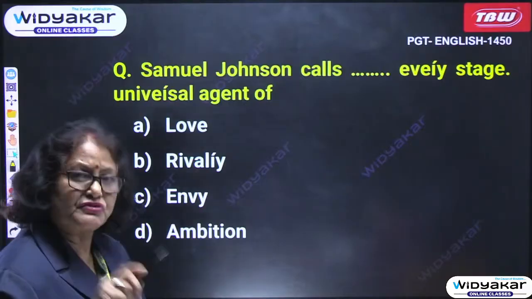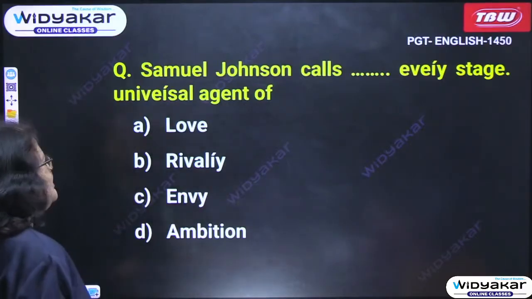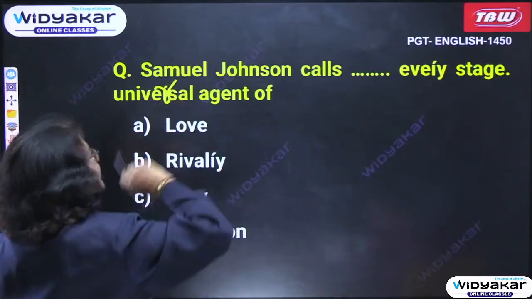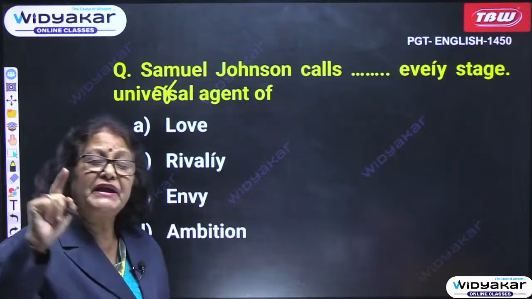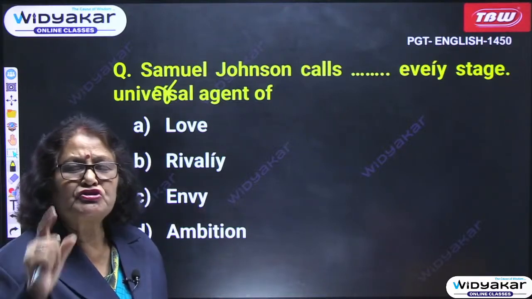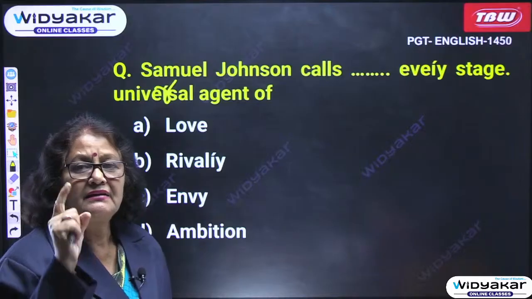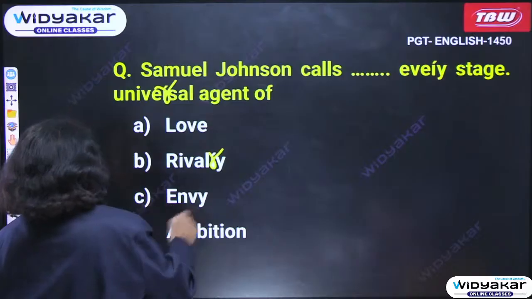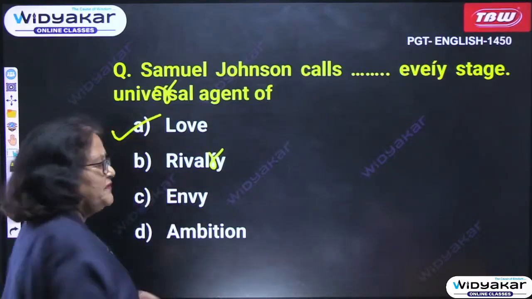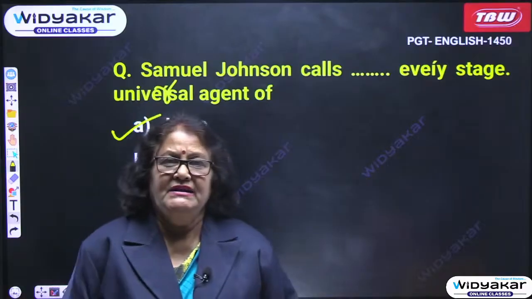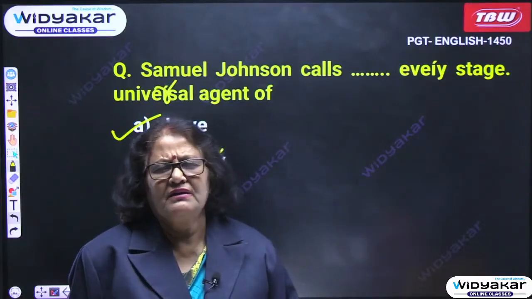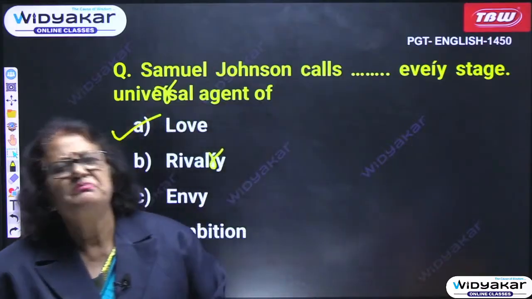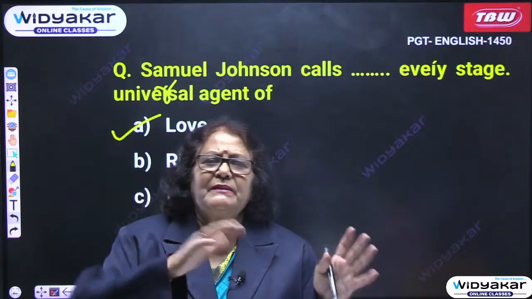The exact line is in the Preface to Shakespeare by Samuel Johnson, who calls him the universal agent in every stage, in every country. Everyone's universal passion was love, rivalry, envy, ambition. It was love when all the other people in the world took hold of that passion. There was an antagonist, a protagonist, a heroine, a hero, a villain, misunderstanding would happen, and ultimately everything